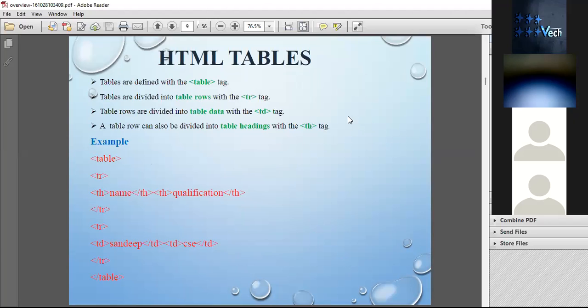So first things first, you need to understand the tag. For a table, you need to insert the tag, which is table. And then the tables are divided into rows and columns. We have the rows and then we have the columns. The tag for rows is TR. They are divided into two. The rows are divided into table data, with TD as the tag. Now,